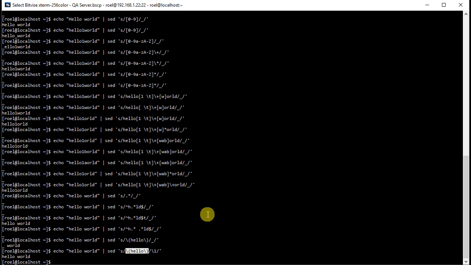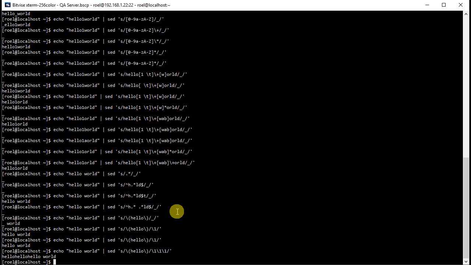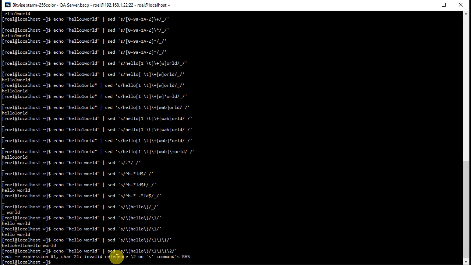Now \1 is simply an indication for the first section you've placed between these curly brackets. So if I were to do \1, then I hope you can see what's happening. It's taken this section and it's replaced it with whatever it found here, and then again, and then again. So if I were to use \2, which would be the second match, there wouldn't be anything there and it would give an error. So let me show you how that could work. We can have a space, world,